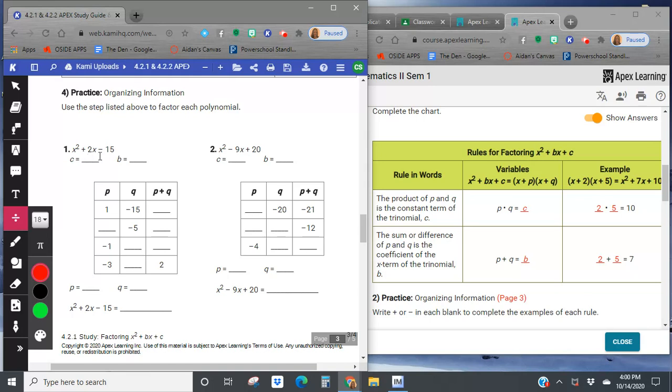So we want to identify here the c and the b. So we're looking for a negative 15. What times what equals negative 15? And what times what equals 2? So what times what equals negative 15 and adds or subtracts to 2? And so again, here come all the factor pair possibilities for 15. 1 times negative 15, 3 times negative 5,